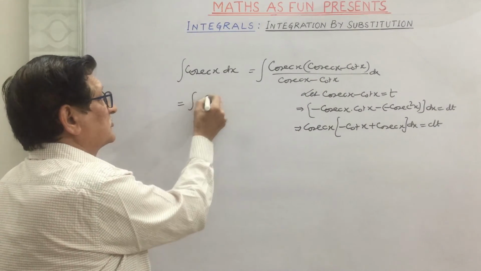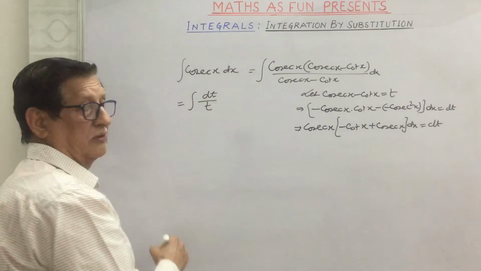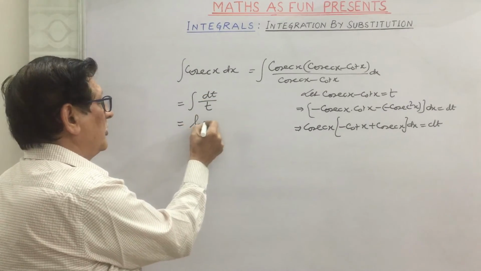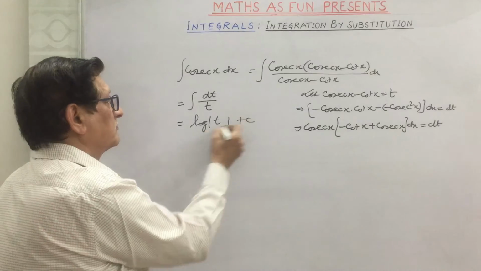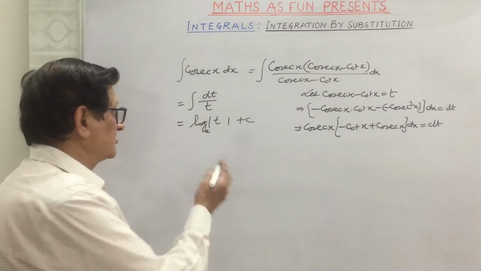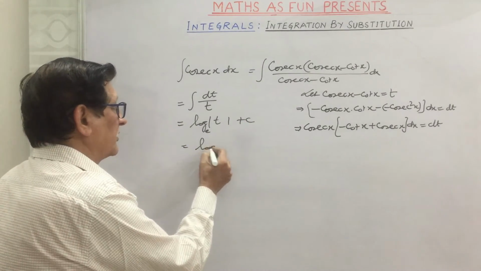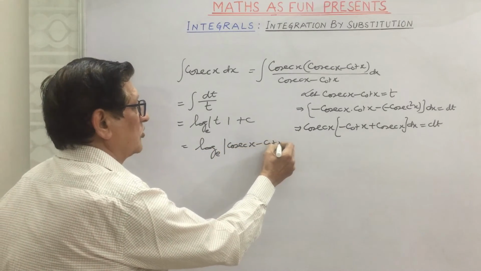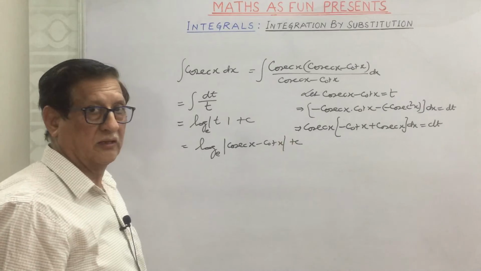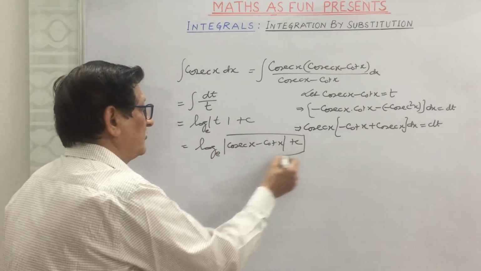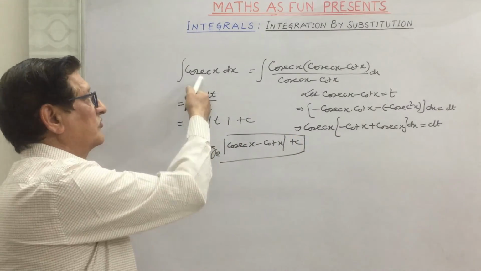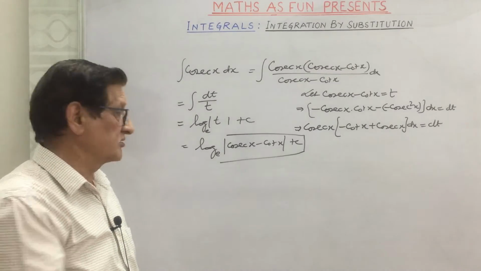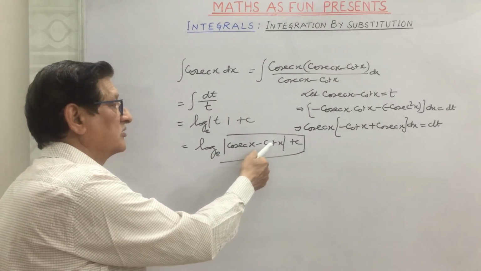So this becomes dt upon t, which is equal to log of t. Substituting the value of t, we get log of cosec x minus cot x. This becomes the first formula for the integration of cosec x, that is log of cosec x minus cot x